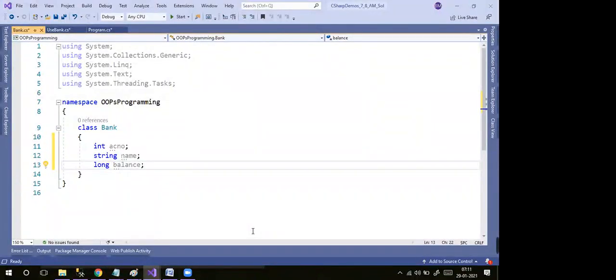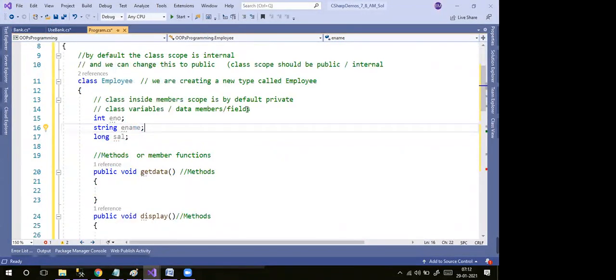What is the default scope of these data members? Anyone? Bank class? No, default scope means are they public, private, or internal? Internal? No, private. Yesterday only I explained that the default scope of members inside a class is private. Because of that, whatever we define inside the class, you can't access those members outside. So again, I'm saying